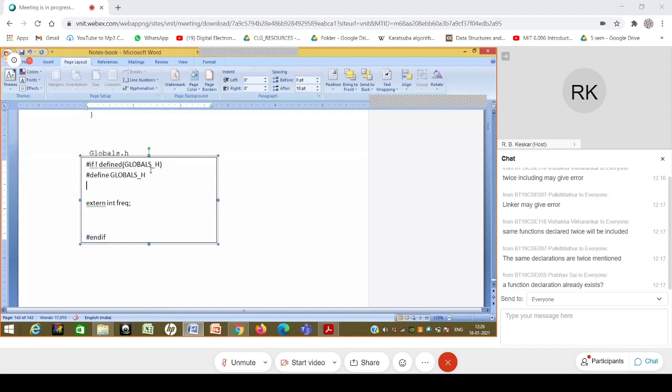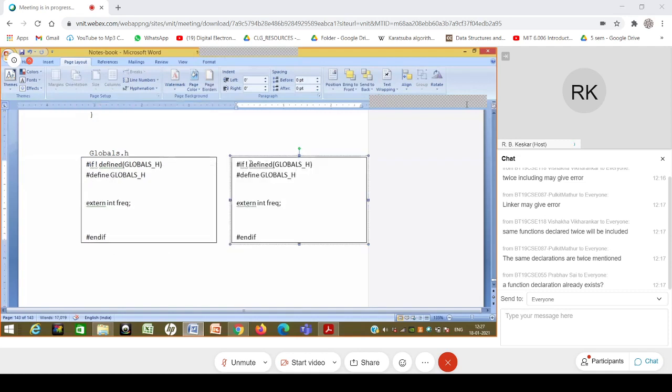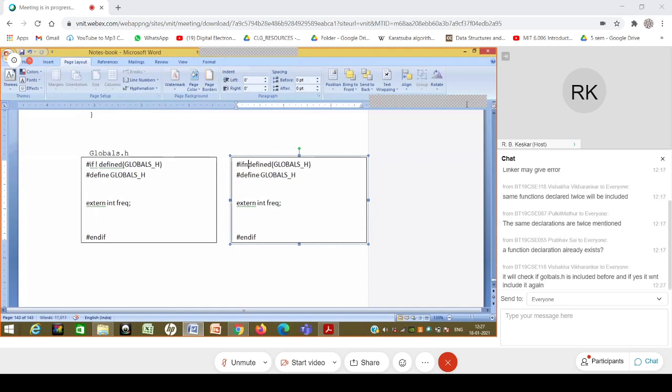So can someone guess what is happening over here? By the way, this can also be written alternatively, so let me copy this. This can also be written alternatively, and many programmers prefer just the hash if and def. And that's it.